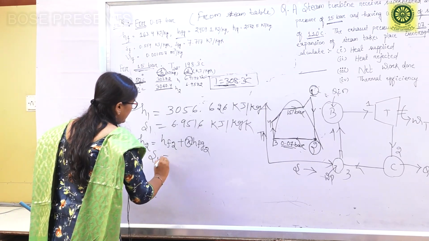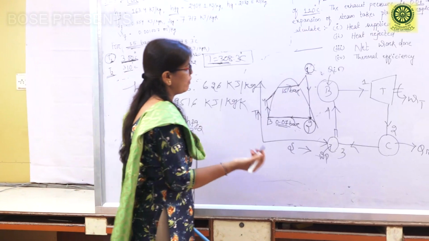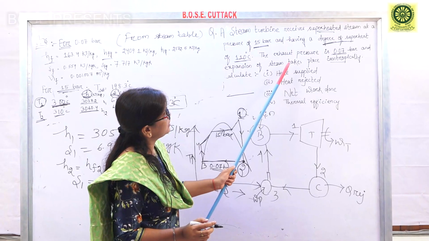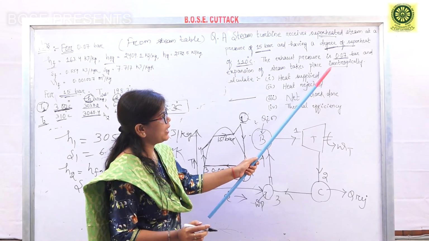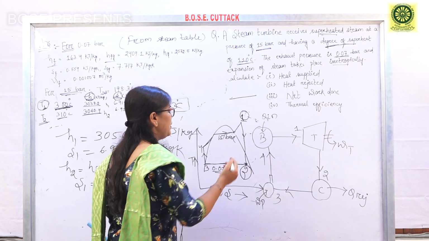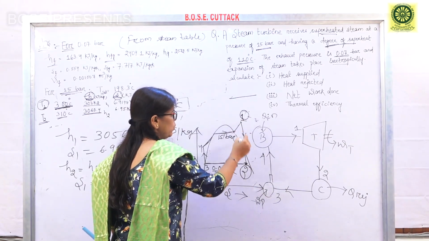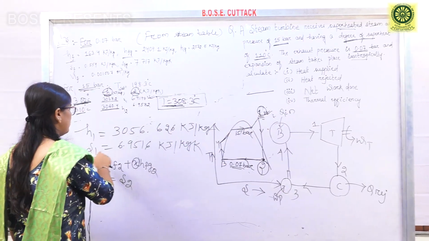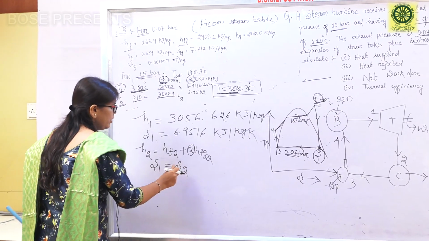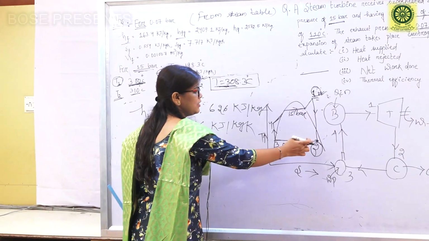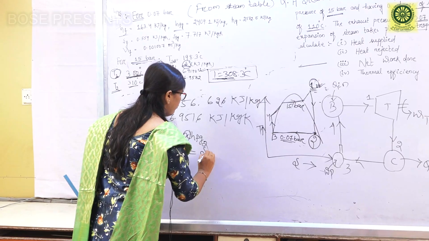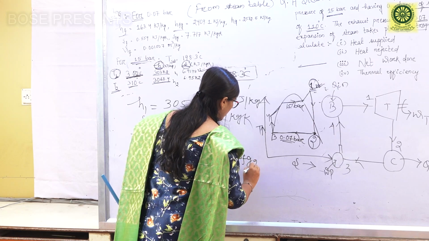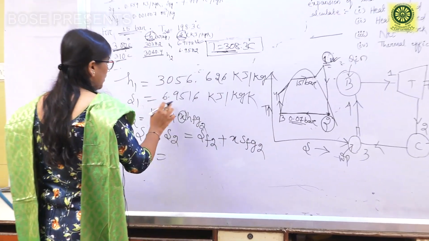So first let me equate S1 equals S2. Why is S1 equal to S2? Because see here it is mentioned the expansion of steam takes place isentropically. Isentropically means entropy remains constant. Means entropy is the same for this process 1 to 2. That means S1 equals S2, and I have already found out S1. S1 is this much, and that will be equivalent to your S2. And here, this is your wet steam. So for S2 your formula will be SF2 plus X SFG2.